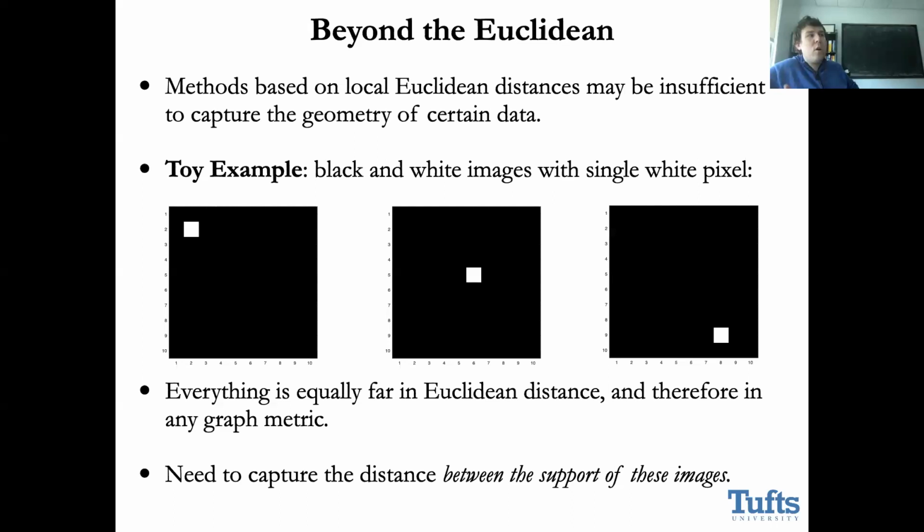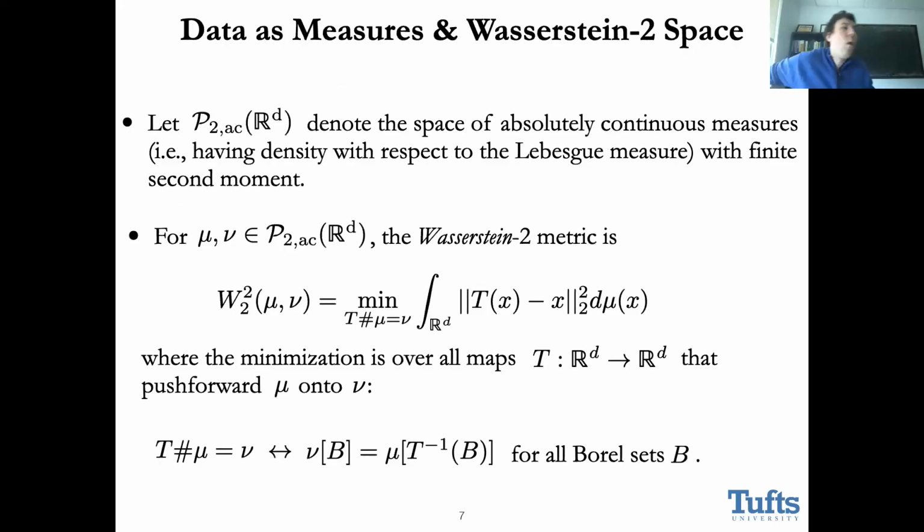And the kind of thing you might observe here is that what I really want to pay attention to in this toy example is the location of the support of the one point, right? So this maybe motivates thinking about comparing objects not so much in terms of Euclidean distances, but in terms of locations of supports of the relevant information. And this leads us to the idea of optimal transport. So one way to think of this is that it's sort of the correct geometry on the space of probability measures. And I'll try to give some illustrations for why geodesics in this space and notions of averaging in this space have a pleasing visual representation from the standpoint of data science.